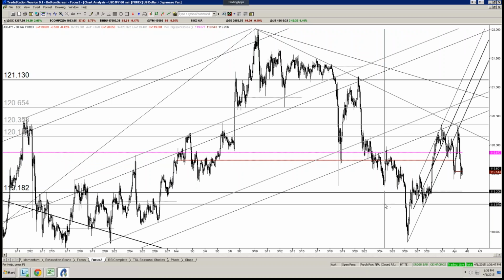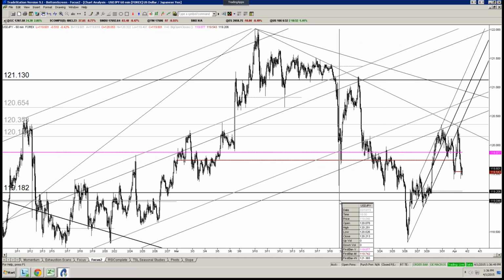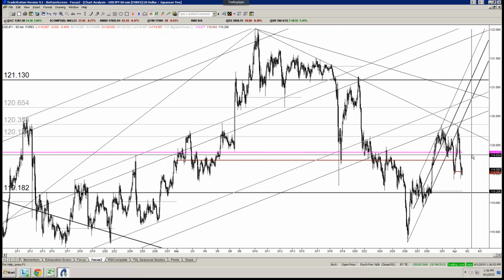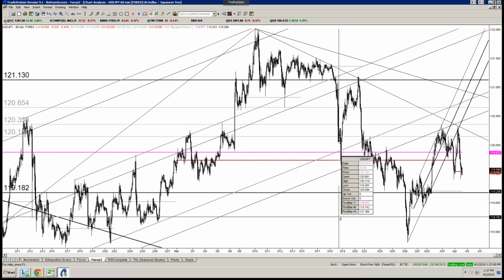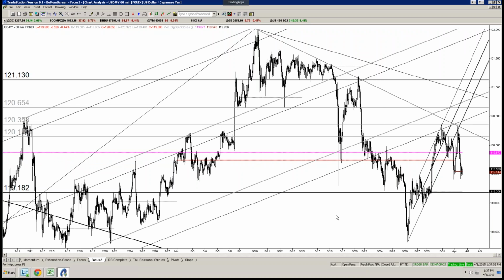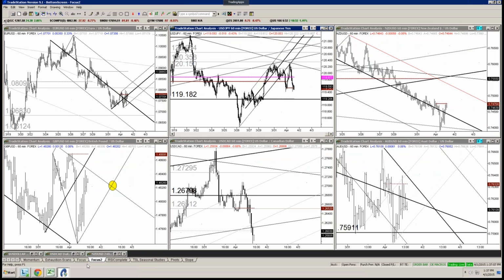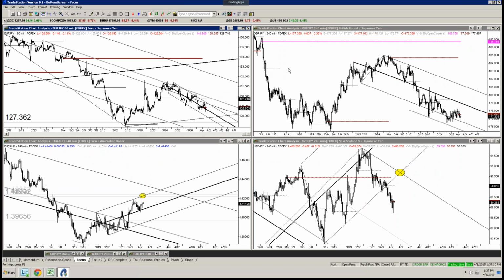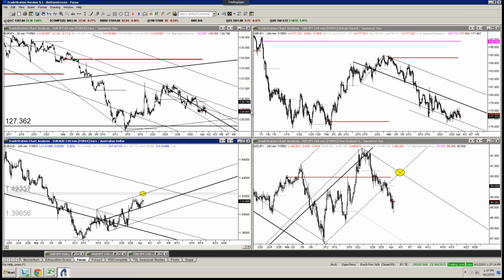So near term, dollar yen, probably some sort of a range. But for the larger swing, certainly possibility of us getting a much bigger short position. Again, the seasonals for dollar yen turn very negative after this week. Okay, so going into next week. And finally, I'd like to take a look at some yen crosses. And I'll look at Euro Aussie here as well.